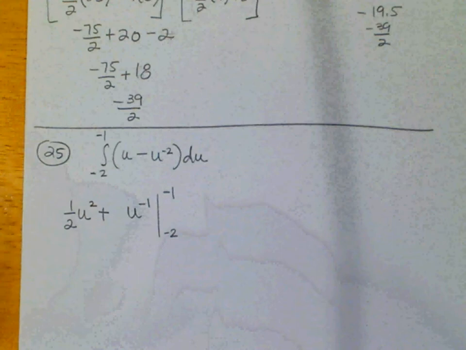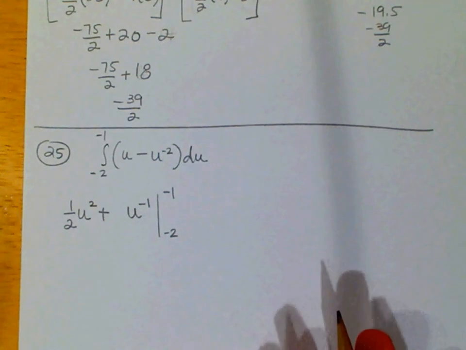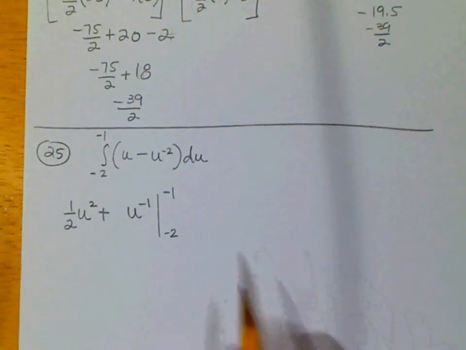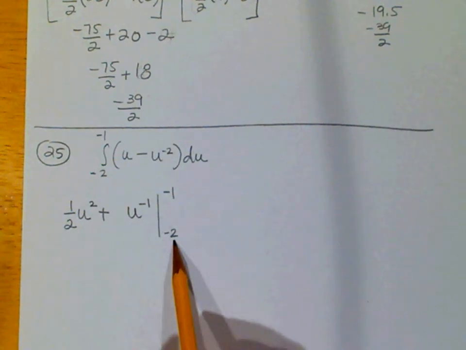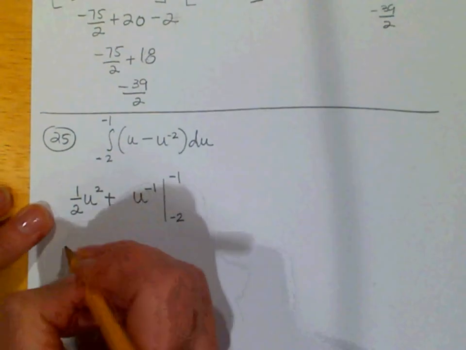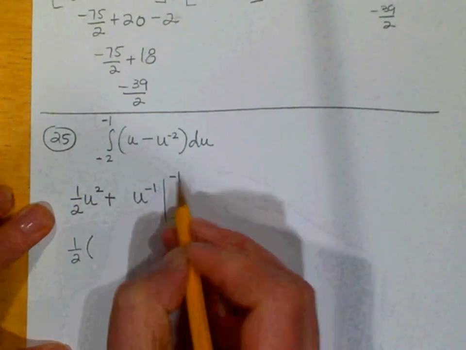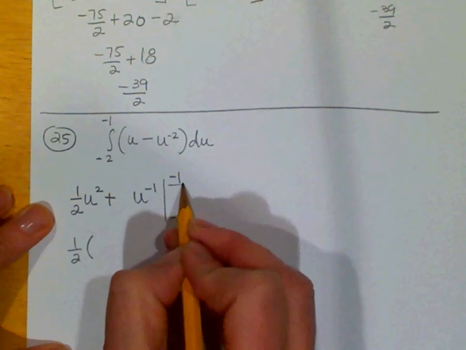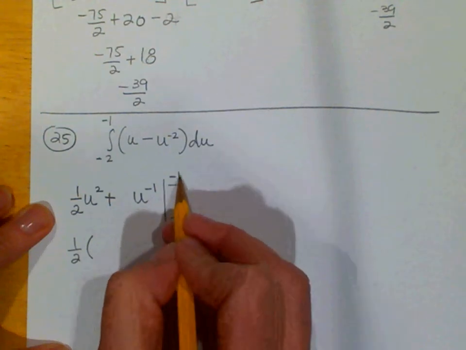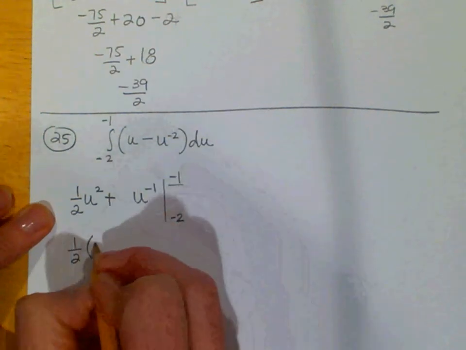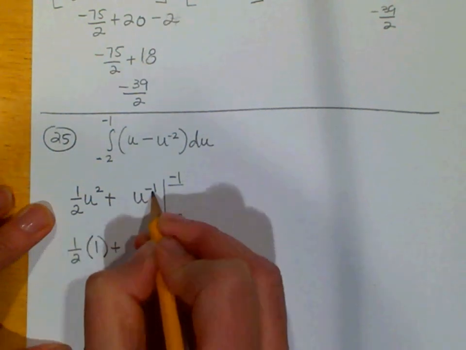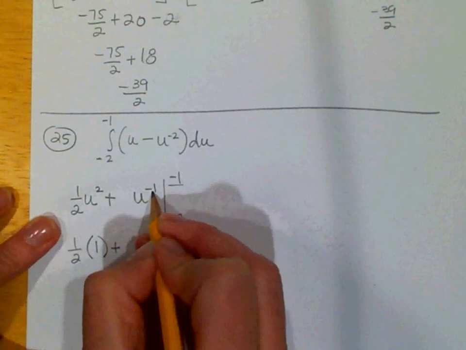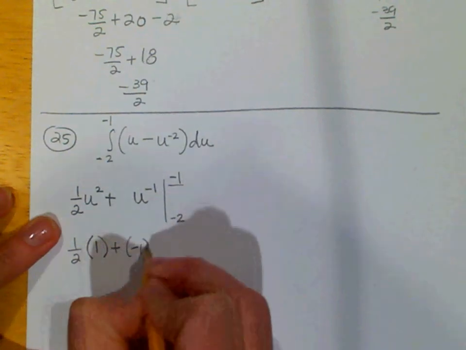And double check that. Remember, the easiest way to check an antiderivative is take the derivative. Make sure you're in good shape. And now, again, it'll be non-calculator, so we're going to have to watch all our negative signs. I have 1/2. I'm going to substitute in a negative 1 first. Always f at b minus f at a. So negative 1 squared is 1, plus negative 1 to the negative 1, and I'll just write that, but that's just negative 1,